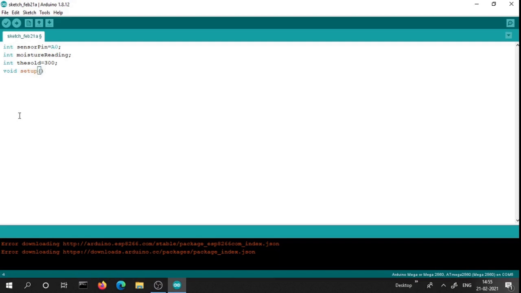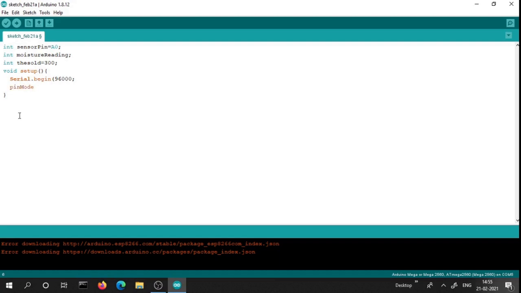Okay, now we provide the void setup. We provide Serial.begin as we are going to monitor the serial readings. The readings of the analog sensor are monitored in the serial monitor, so we provide the Serial.begin.